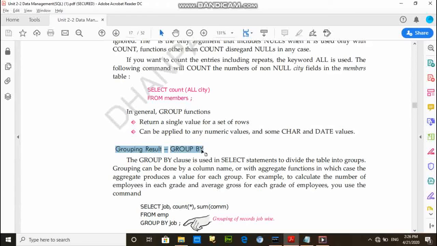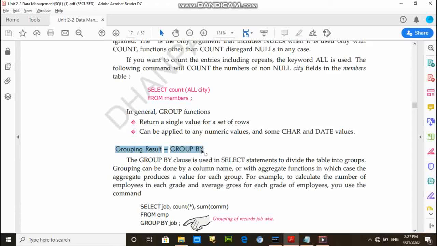For example, in the employee table there are many employees who are posted on different posts, and if we want to find the number of employees according to job, in this situation we can use the GROUP BY clause. But there is some restriction with the GROUP BY clause. In the GROUP BY clause we have to use at least one aggregate function.